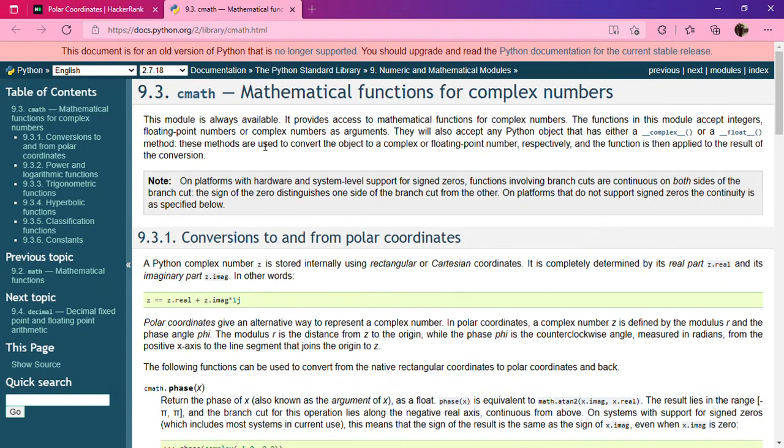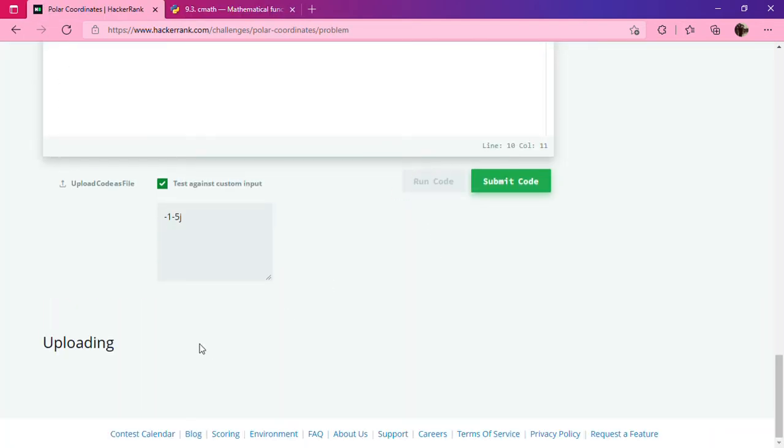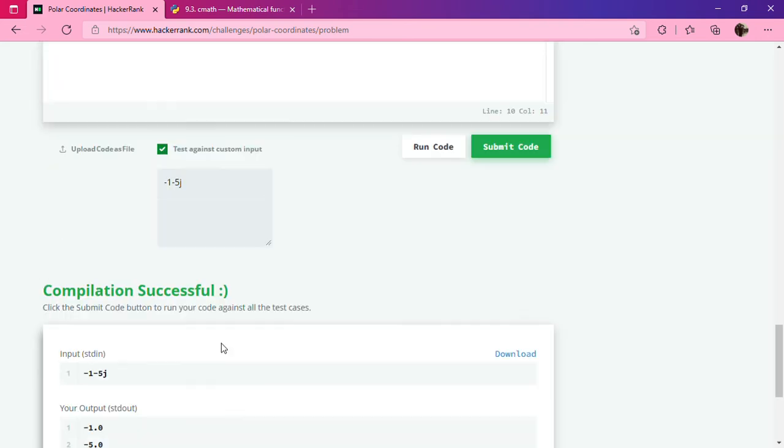You can also check the cmath documentation, where it specifies we can access z.real and z.imag. So first let's run this. Yeah, we get -1 and -5.